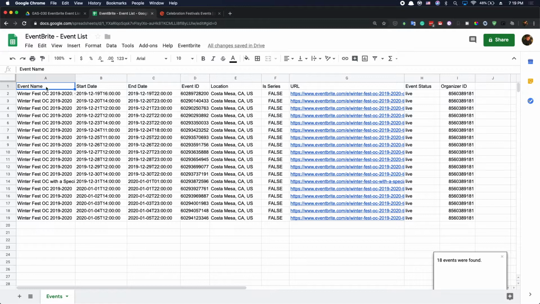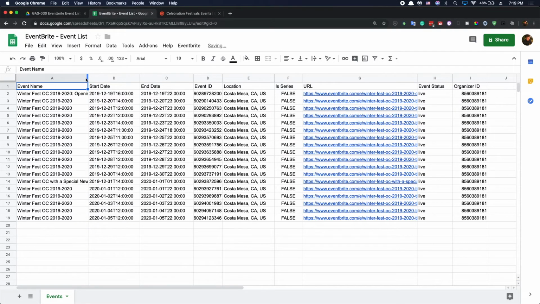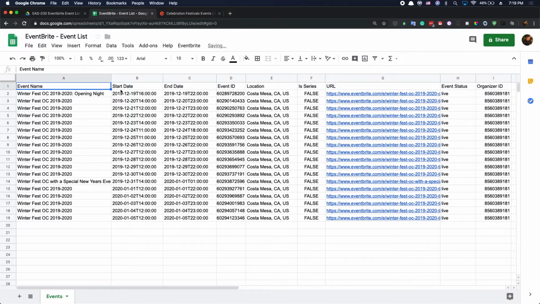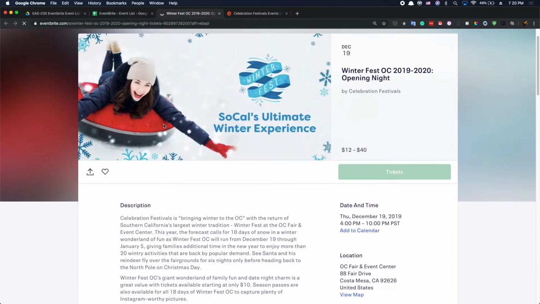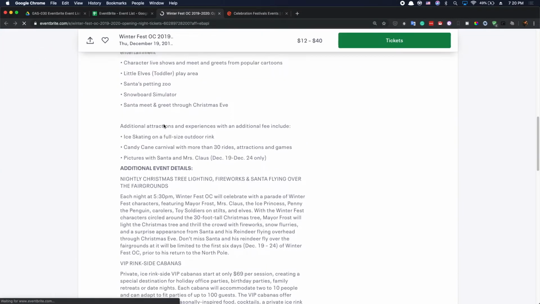information about the events: event title or event name, the start date and time, and the end date. You also have the event ID and the location of this event, and whether this is a series or not. And you have the URL to this event directly. If you click the URL, it should bring you to the event details. Okay, so all the details are here,